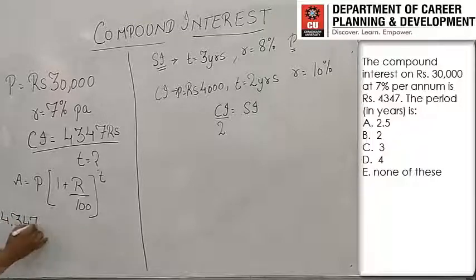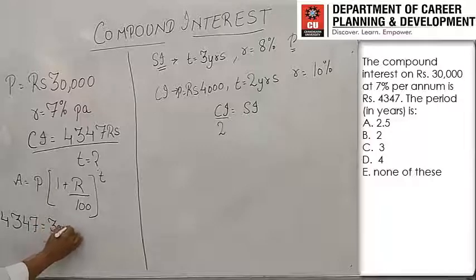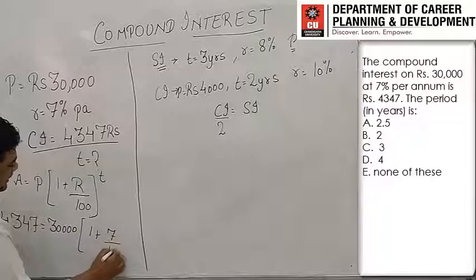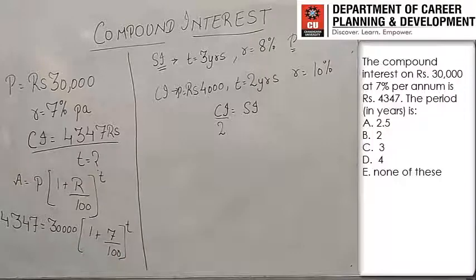This amount is equal to principal, rupees 30,000, multiplied by 1 plus rate, 7%, that is 7 upon 100, raised to the power T. You have to find the value of T. I will also write this as,